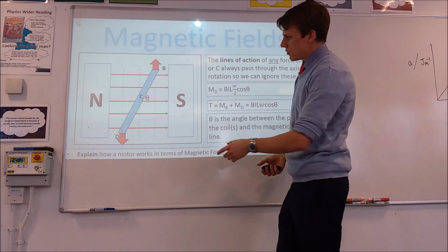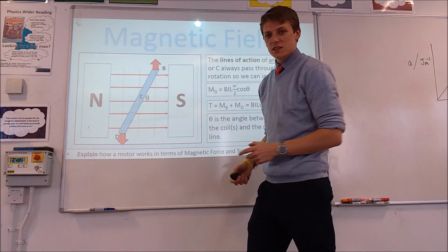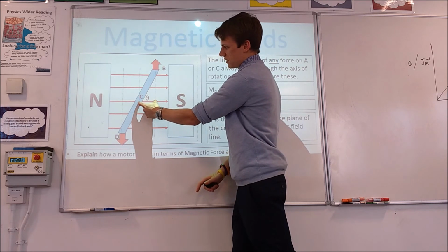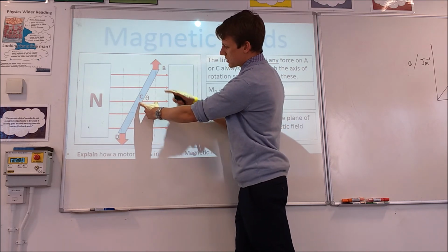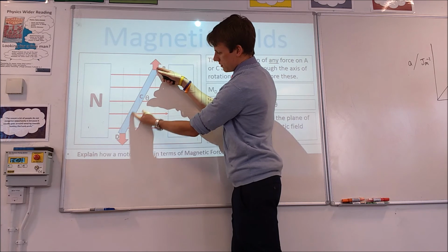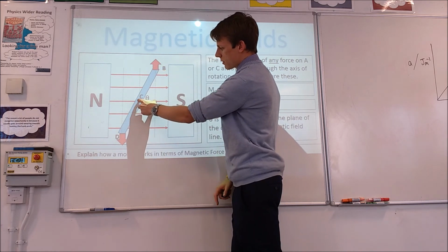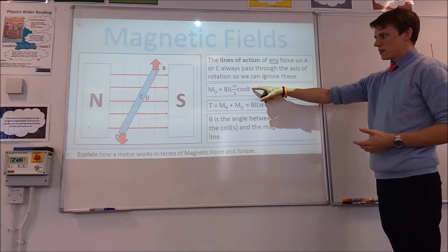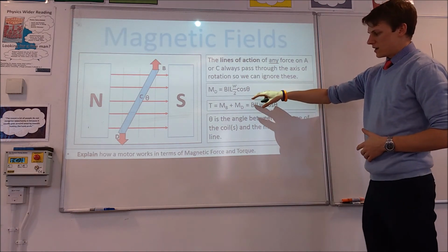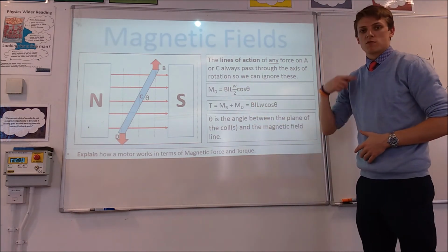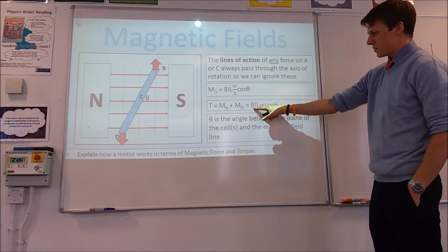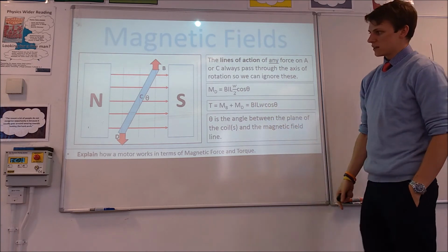So what we need to do is figure out what the perpendicular distance is from the line of action of this force to the axis of rotation, which is this distance here. And we can see that if this is W, this is W over 2, and we're going to want W over 2 cosine theta as the perpendicular distance. So the moment of D, or the moment of B, is going to be given by this expression. We've got 2 of them, so the total torque can be expressed by this function, BILW cosine theta, where theta